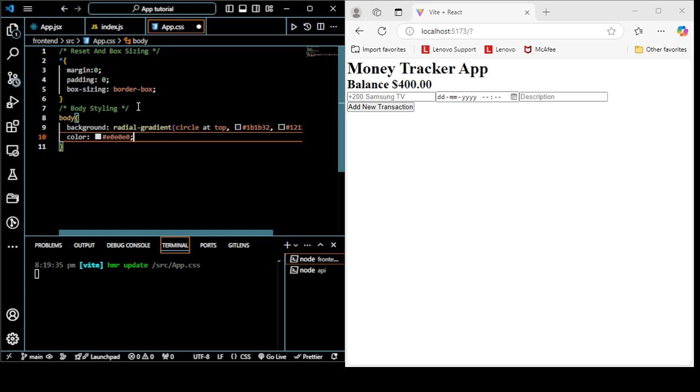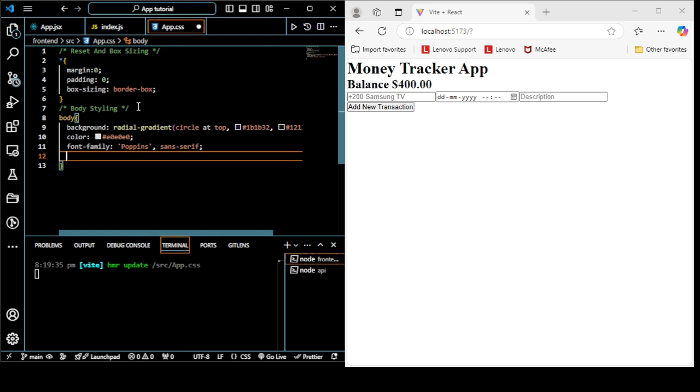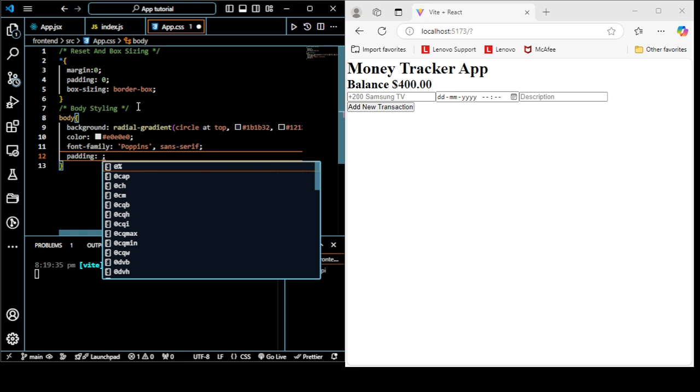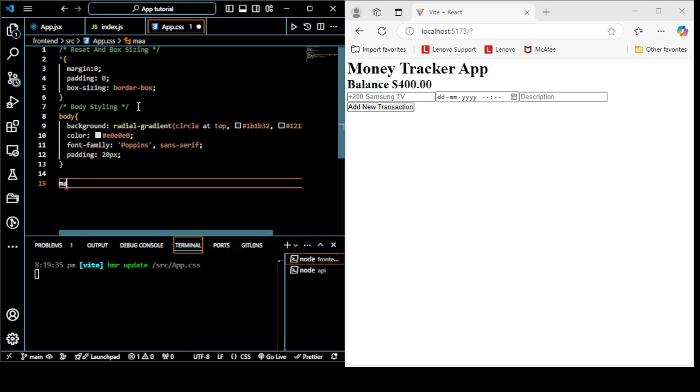and font family as Poppins and sans-serif, and padding as 20 pixel, and max width as 500 pixel, margin as 0 auto,